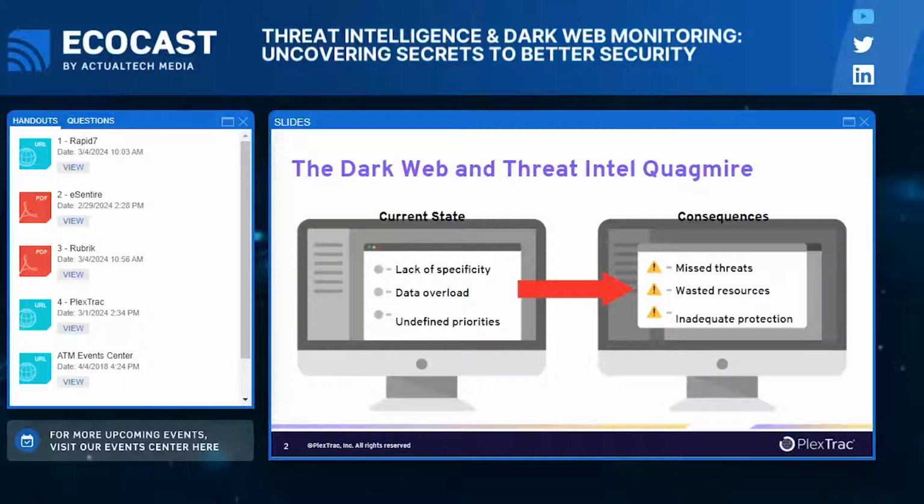Most organizations engage in some form of dark web and threat intelligence collection, but they face a lot of challenges. They lack sensitivity. They don't have a clear understanding of what they want to actually look for. And when that happens, efforts become a little bit unfocused and you become a little inefficient. The second one is they get overloaded with data. The sheer volume of dark web and threat intelligence that exists in the world today is absolutely massive. And if you're not being very focused with what you want, you tend to overlook or not act quick enough to what actually matters. The next one is undefined priorities.